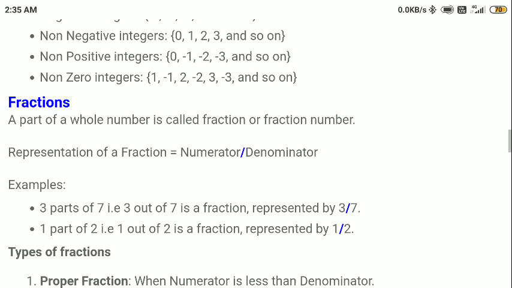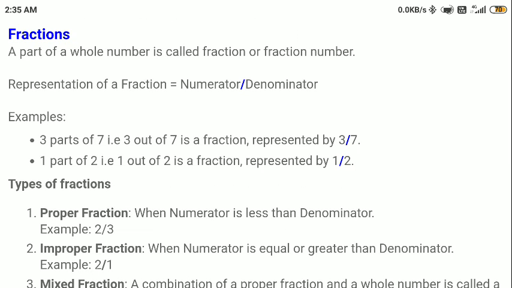Okay, so let us move forward. There is another important type of numbers which is called fractions. A fraction is a part of something. Whenever there is something that is not complete, we will use fractions. For example, if I have one watermelon, I cut that watermelon and give the half portion to someone. So I will say that I have made two parts out of one watermelon. Each half I got, so one half I have given to my friend.